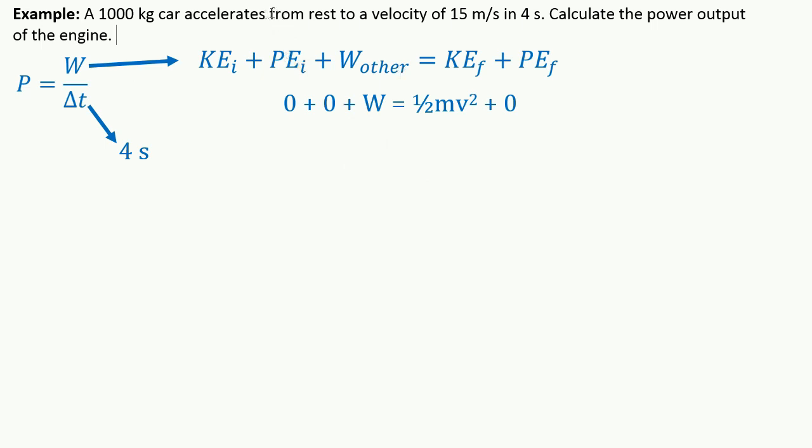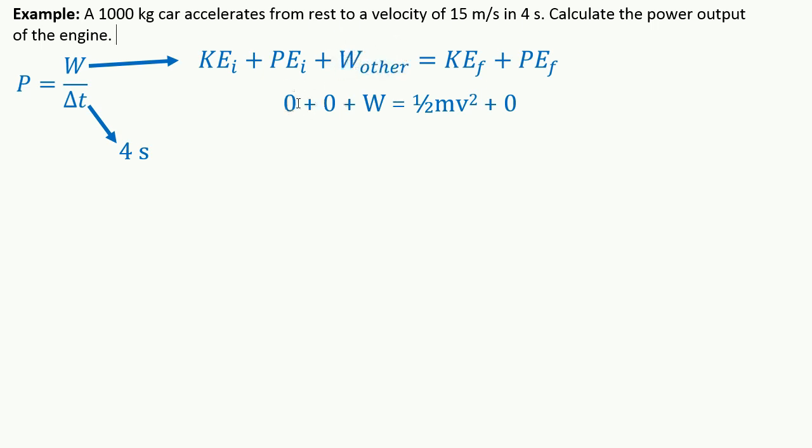This car is accelerating from rest. So initially it has no kinetic energy, 0. And there's no mention of any hills anywhere, so we're going to assume this car is just on level ground the entire time. So it has no height. Its potential energy is 0. Then some work is done, right? The car gets some energy from the engine, from the gasoline that the engine is burning. This is energy that's being added to the car. Remember, whenever energy is transferred, that's work.